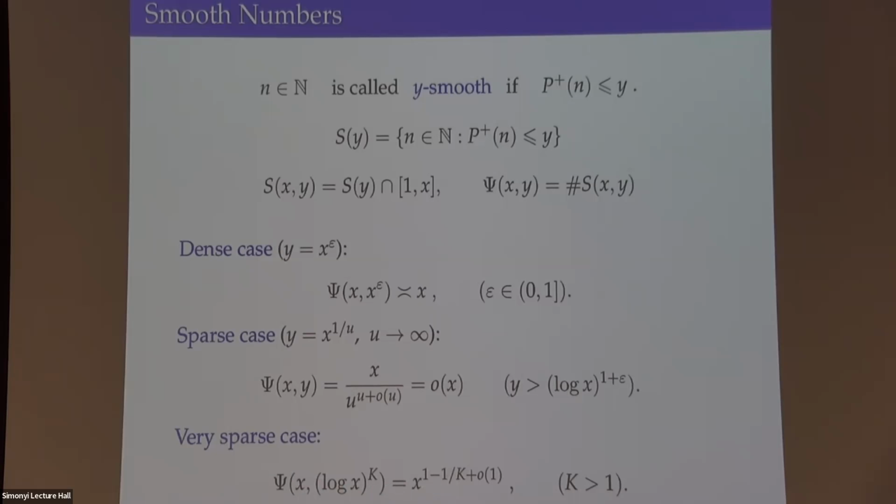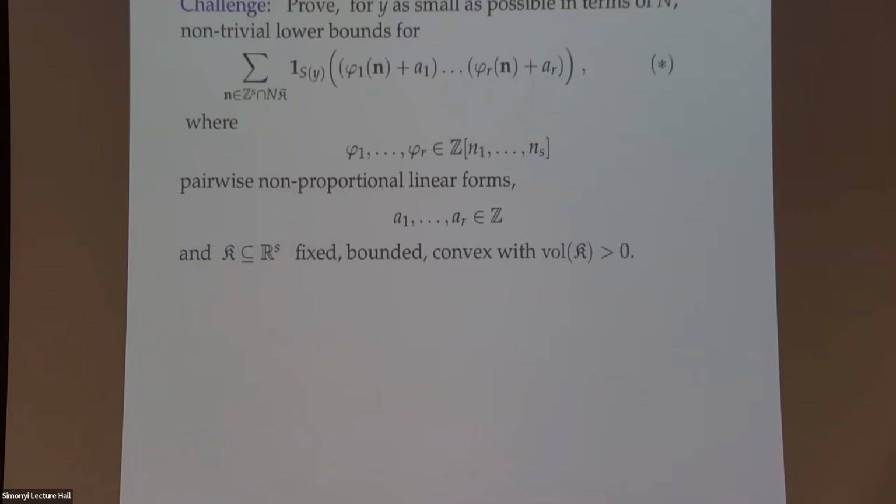Now the overarching question I would like to address is the following. We would like to understand for what values of y, for values of y that are as small as possible in terms of the cutoff parameter n, for which of such y we can prove non-trivial lower bounds for the frequency with which a given system of linear polynomials, with the property that the linear forms that are involved are pairwise linearly independent,